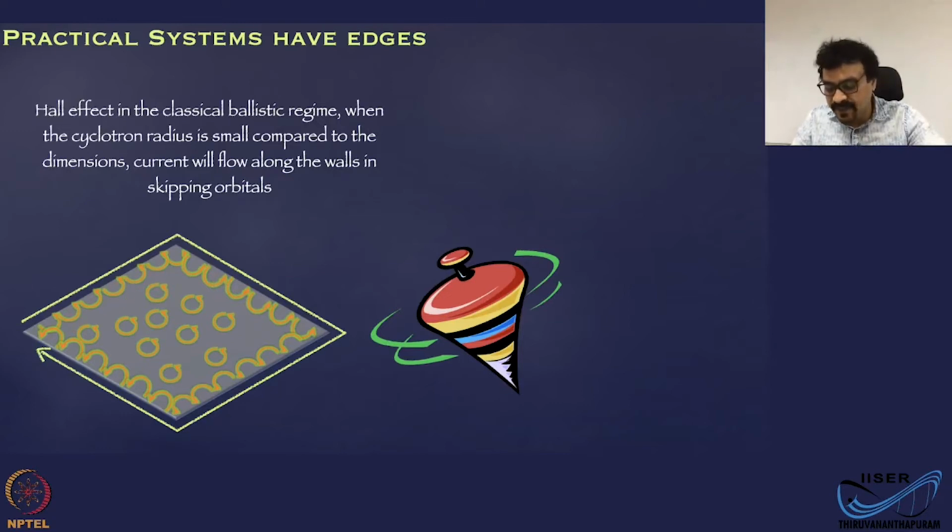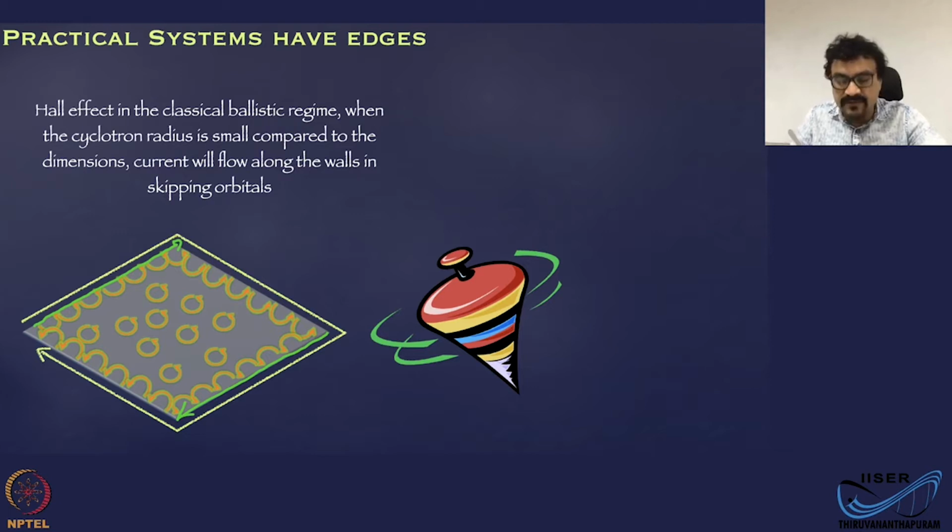But the important point that you probably want to notice is along this edge, the charge carriers move in one direction, but along the opposite edge, the charge carriers actually move in the other direction. So there is a chirality,